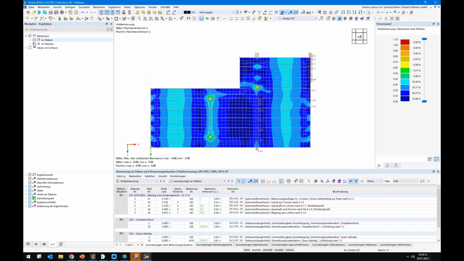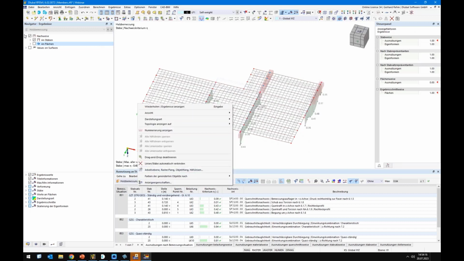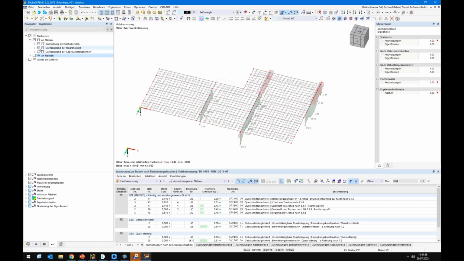So maybe focus first on the member design. Of course, you will see the ratio of the downstand beams, but we don't care about the downstand beams now. We are interested in,